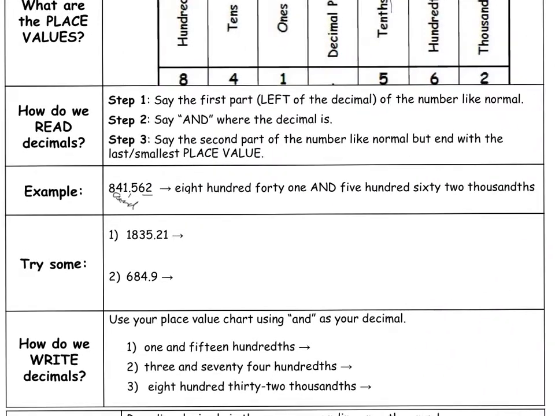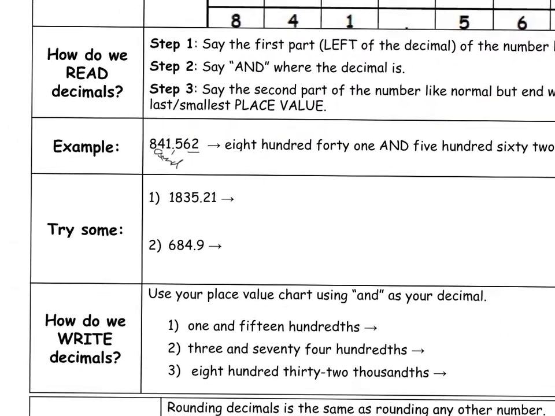So here are some examples. Try some. Number 1. So we would read this as the first part, my whole number before the decimal. So I read it like normal. I'll read it as 1,835 and 21, and because the 1 ends in the hundredths place, I would say hundredths. So to write it out,